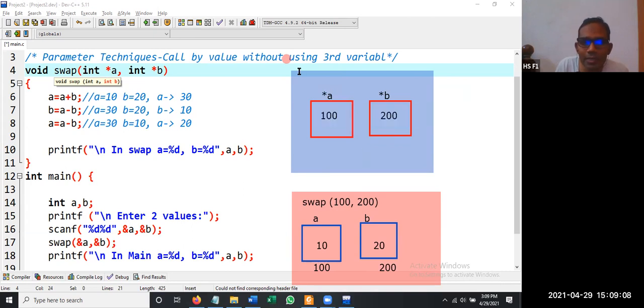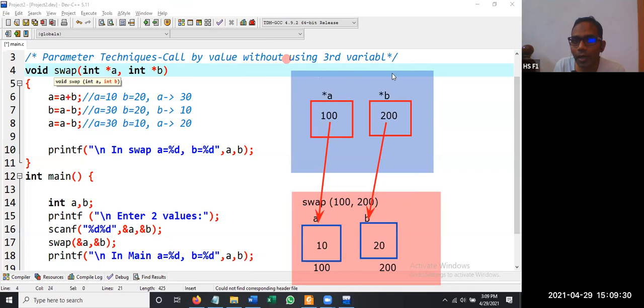So this is nothing but a pointer. 100 is pointing to A and 200 is pointing to B. Whatever modification you do using 100 will be reflected in 10, and whatever modification you do using 200 will be reflected in the place of 20.